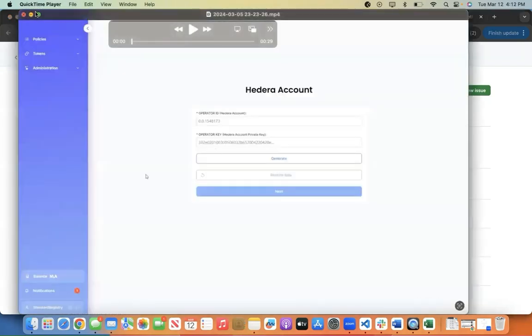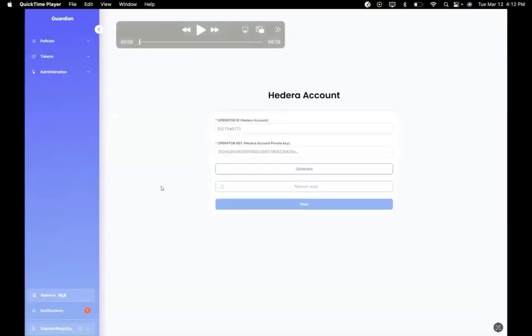So as you can see here, this is our current Guardian. And right now, the current process is you would be able to add the operator ID and operator key. Either it is generated if you have already added it in your .env file in the Guardian, or if you haven't, you can just add it here and then click on next. So once you add your operator ID and operator key